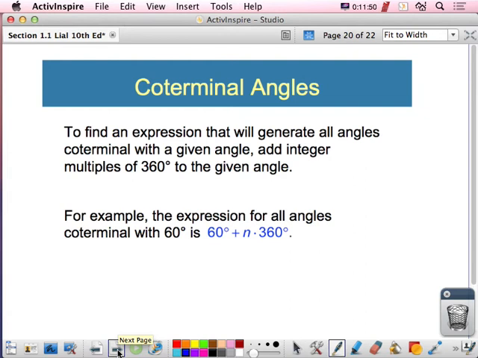Sometimes you'll see things very generically written, and we won't use this except for a few times later on in the semester. But you can take any angle that you want, and if you want to generate a list of all of the coterminals, you can do that by writing it generically as the angle plus however many times you want it to rotate, times 360. So, for example, if I were going to say I want something to stop 55 degrees away from where it started,